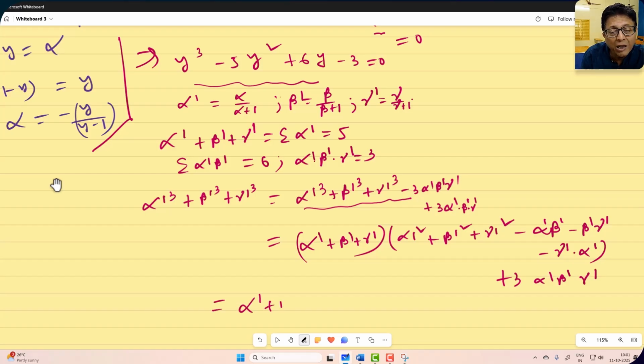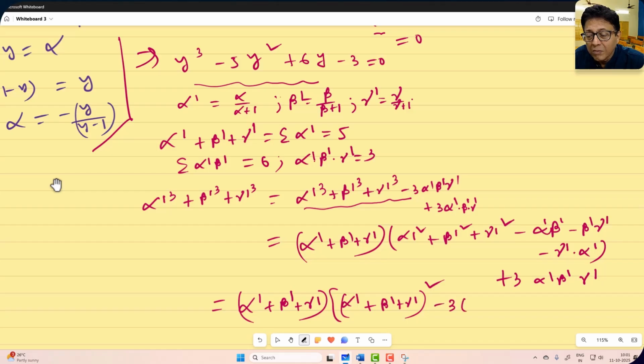I am factorizing this. So this will be alpha dashed plus beta dashed plus gamma dashed, and this one alpha dashed plus beta dashed plus gamma dashed whole square, it's a long one, plus